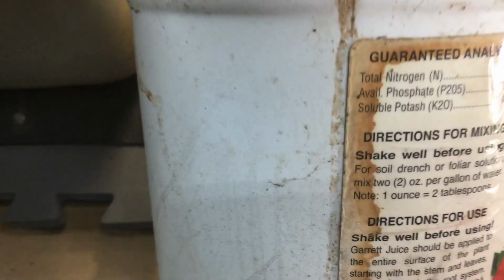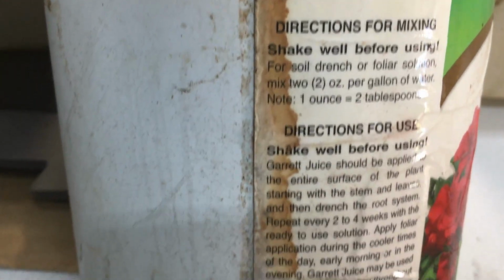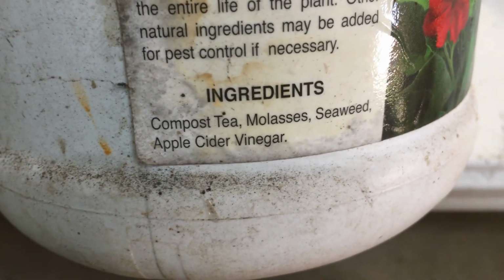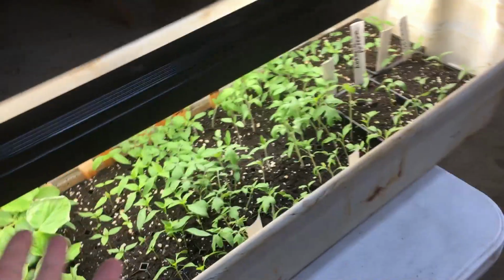Let me see if I can turn it around. Maybe you can read it. Ingredients. So we got compost tea, molasses, seaweed, apple cider vinegar. Very good stuff. You can spray it on your plants once they're up this size, once they're in the garden